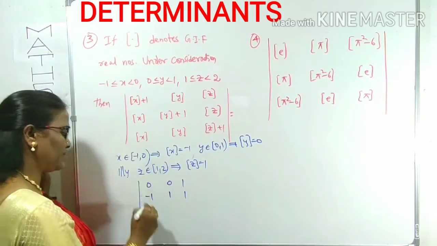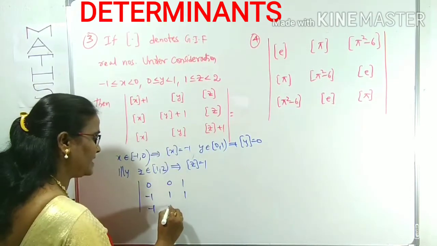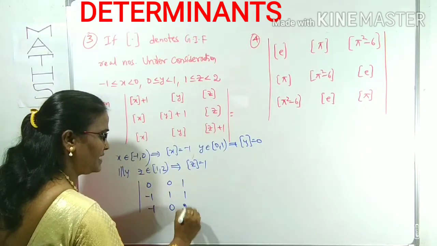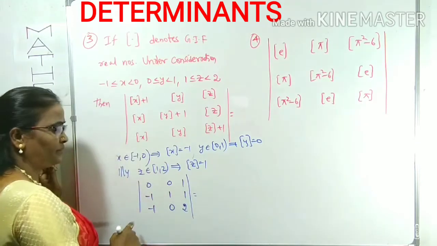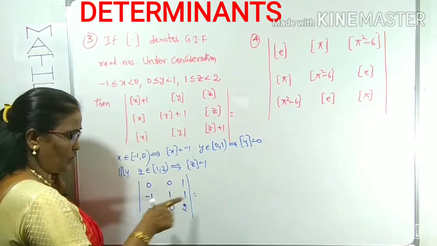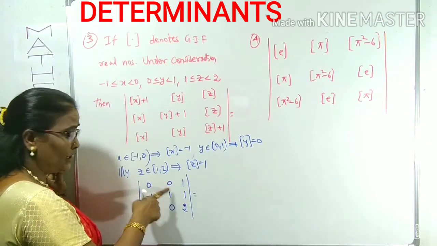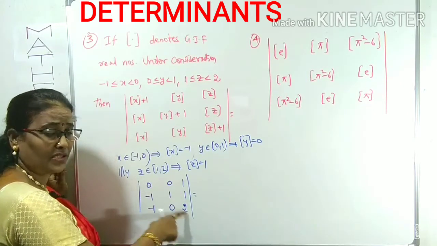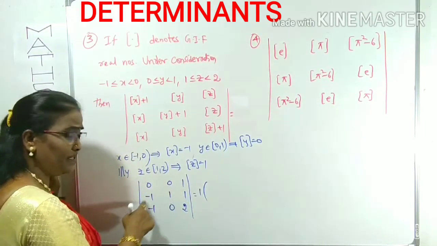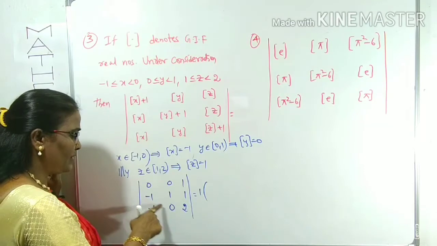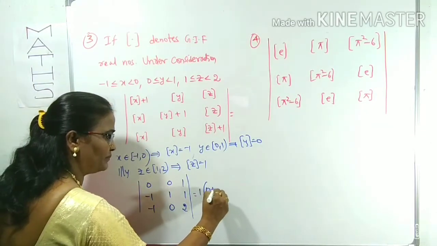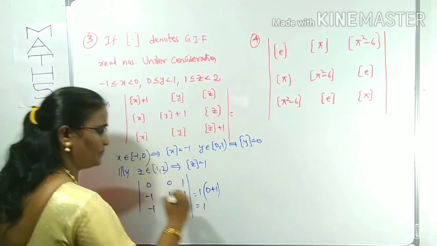Next, step x is minus 1, step y is 0, step z plus 1, 1 plus 1 is 2. By expanding this determinant, with the 0 in the first element, that term is 0, and minus 0 into these 4 elements is also 0. What will be left is only the 1 into these 4 elements' determinant. Minus 1 into 0, 0, with minus of minus 1 plus 1. Therefore, finally the answer is 1.